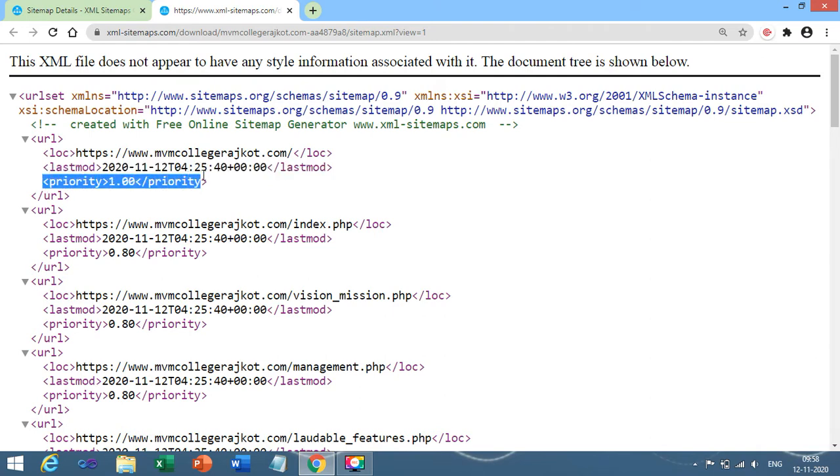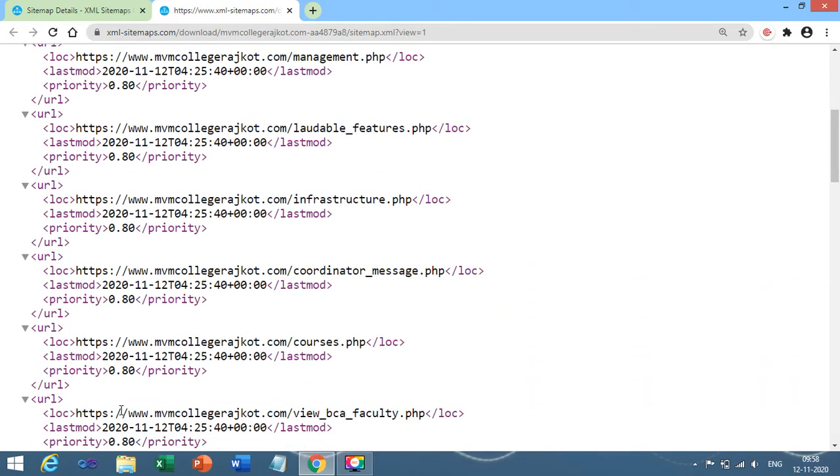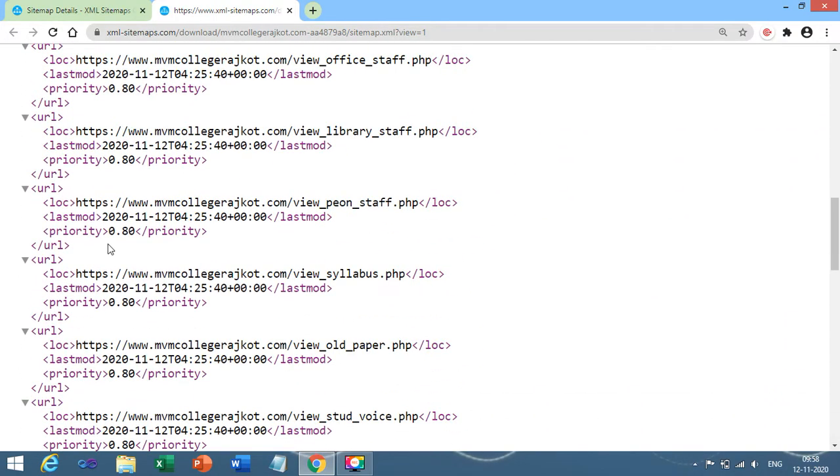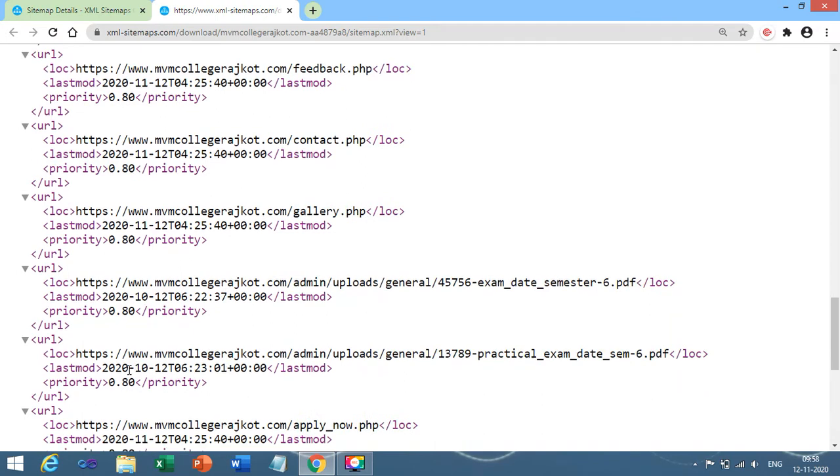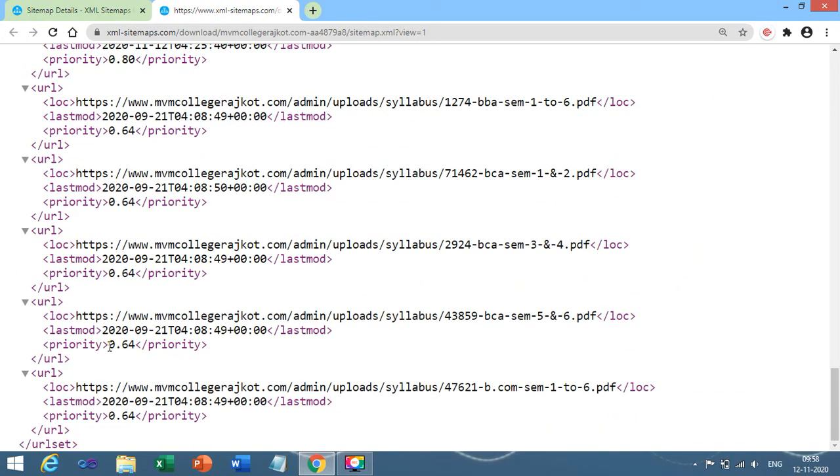Over here you have priority. Now in the priority tag, what we discussed is that each and every page must be set with a priority based on a number between 0 and 1. See over here, each priority must be between 0 and 1. It is predefined only.